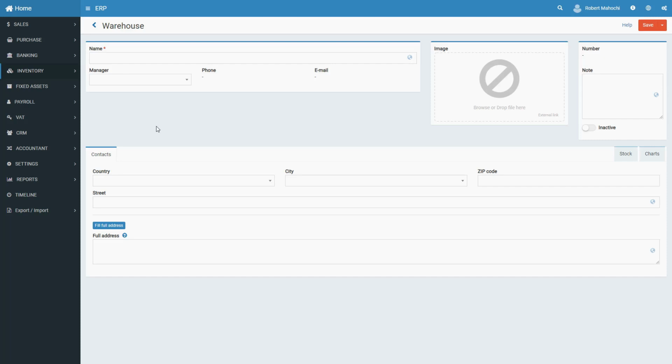This warehouse will be used for inventory transactions, and all items will be allocated to it. However, if a single warehouse is not enough for you, you can define multiple warehouses depending on your needs. To enable the creation and use of multiple warehouses, you have to turn on the Multiple Warehouses option in My Company settings. After that, you can create as many warehouses as you wish and set any of them as a